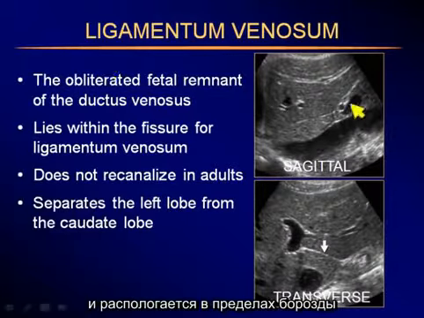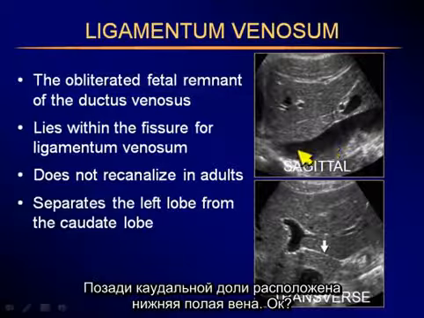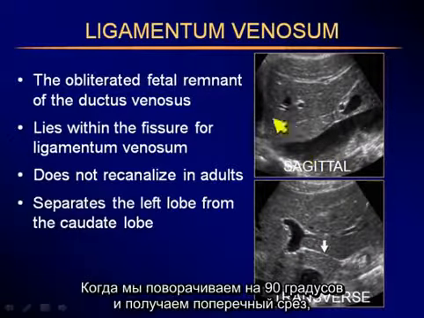Now, here on a sagittal section, that fissure appears to be a bright line, which is located between the caudate lobe and the left lobe of the liver. Behind the caudate lobe is the inferior vena cava. Okay? When we turn 90 degrees,